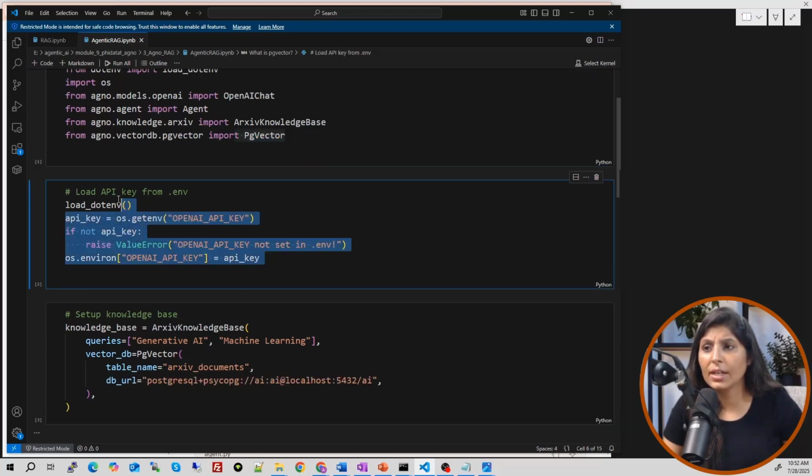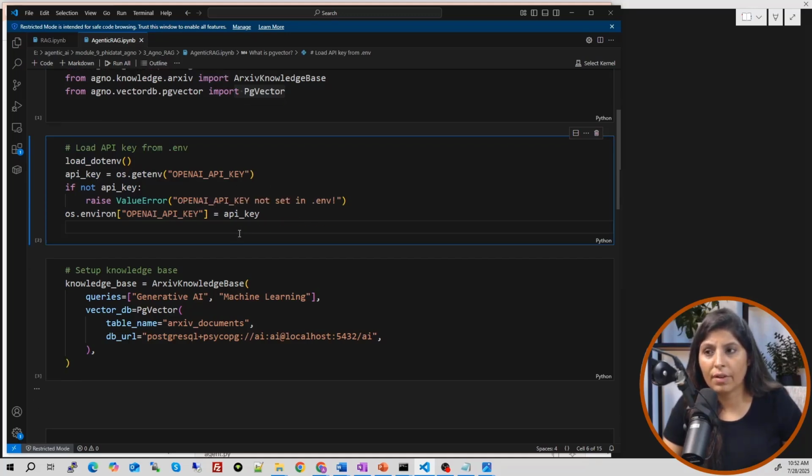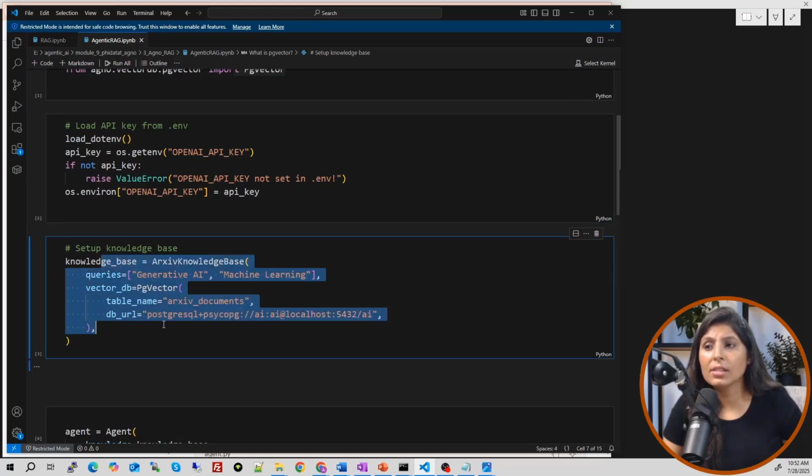So in the first line in this cell, I'm just loading the API keys. If the API key is not available, the user will see this output. Otherwise, the API key will be loaded from this file. After that, this is the part where we are telling it that we want to search for these two topics on archive.